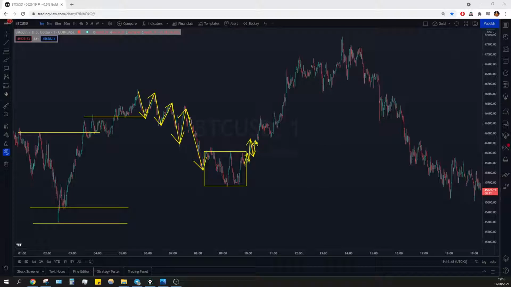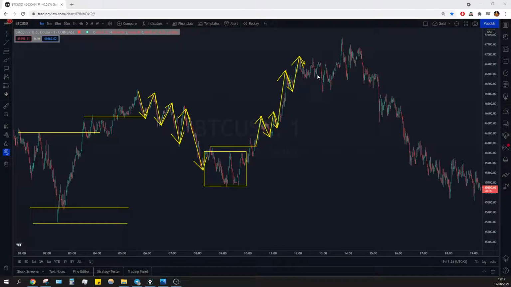So that's why you don't have pretty clean action here. Where you might have entered is after this last retest that retested exactly these previous highs, exactly on the point, and that's where price then moved up. New higher high, new higher low, new higher high, new higher low, new higher high, new higher low, new higher high, new higher low, new higher high. Here we still create a new higher high,